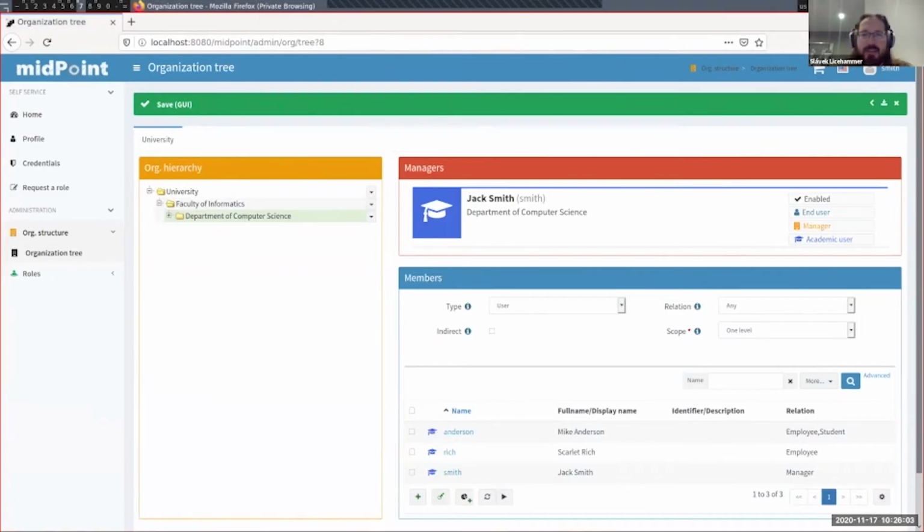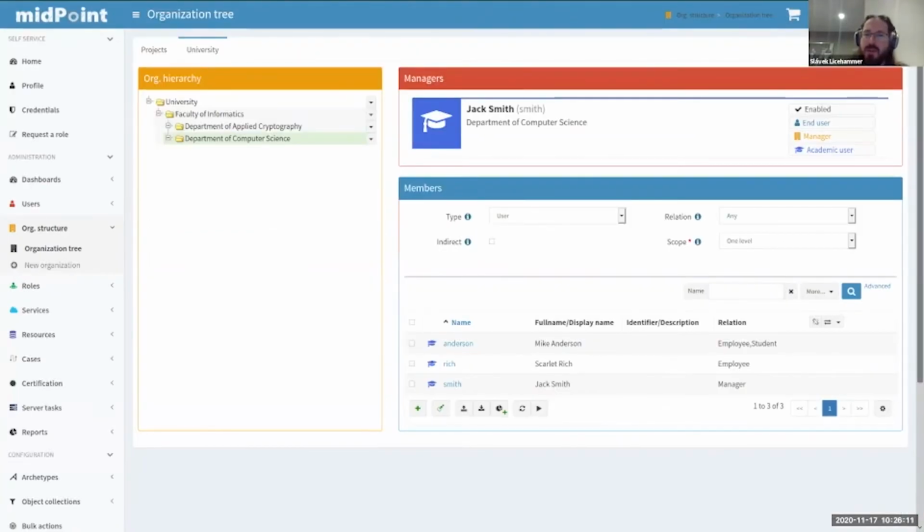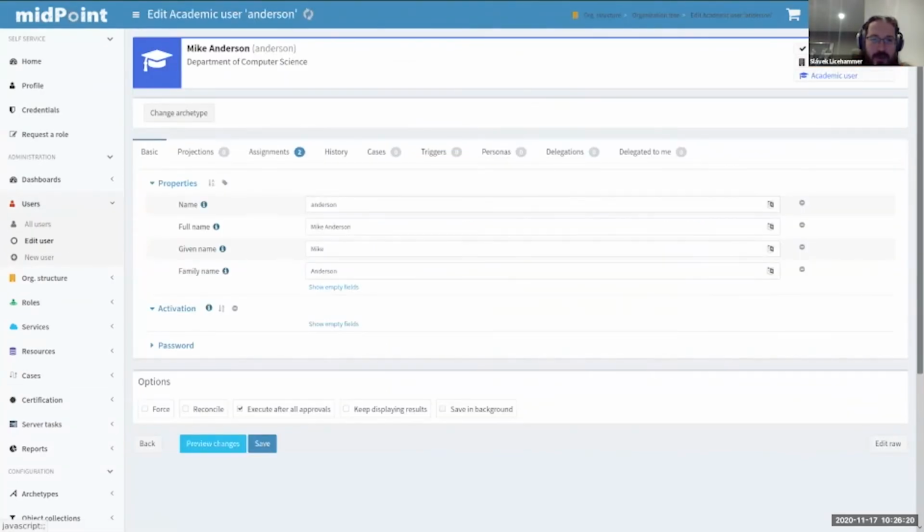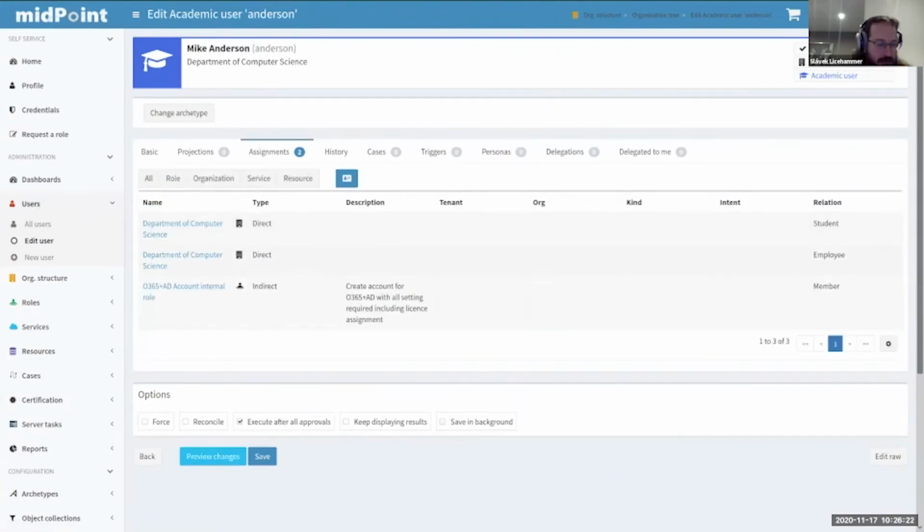And everything else is happening automatically because some IDM professional already did the configuration. So I will get back to my other window where I'm signed in as administrator, and I can check if the user actually got this new role, and I can see it's already there. So to get back to my presentation,